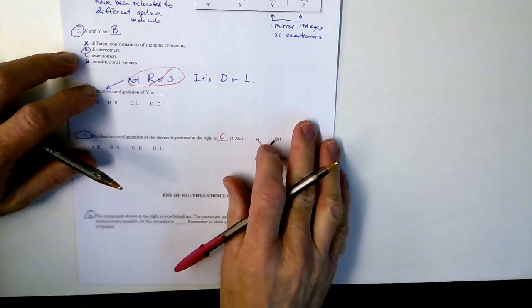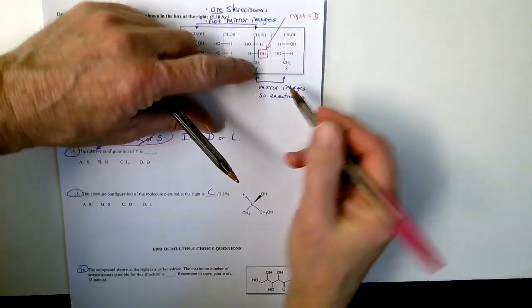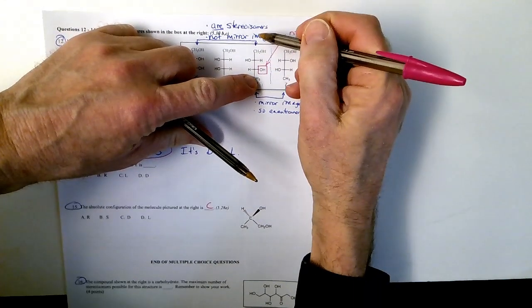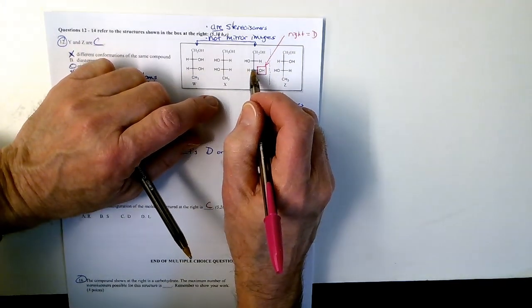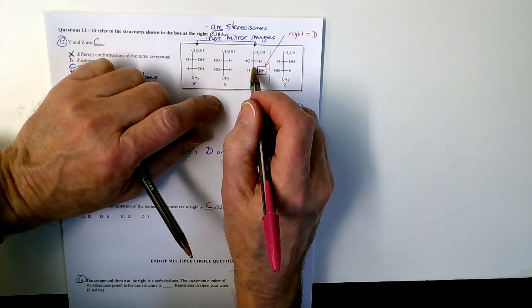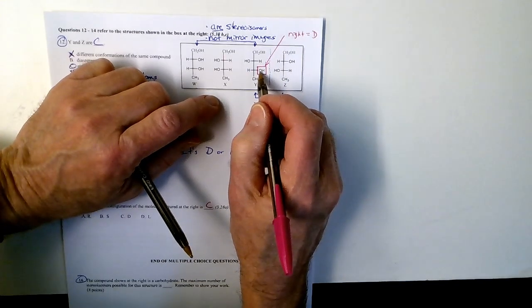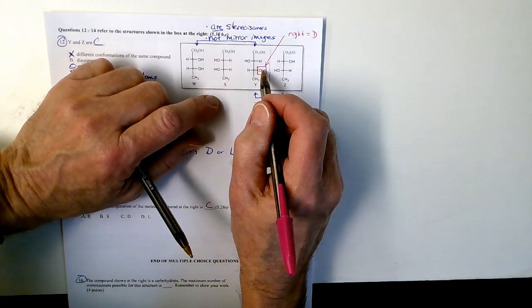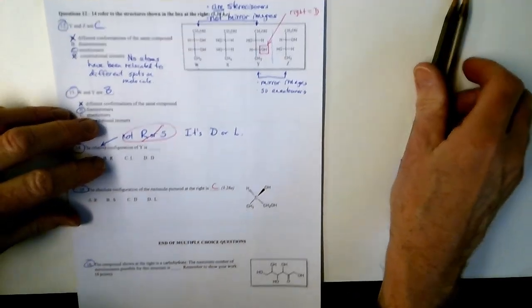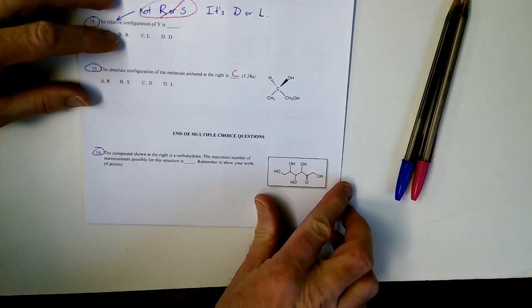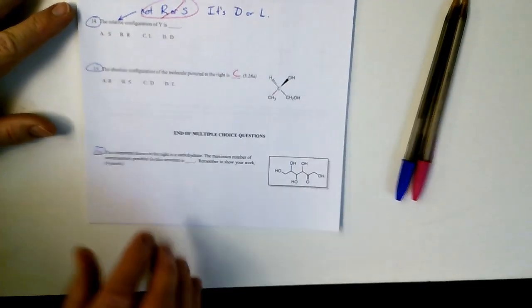For 14, why do we look at that specific OH and not the other one? That's the definition of D versus L. There can be dozens of carbons in a row. The only thing you look at is this last chiral one in the chain. As long as you look at that one and you look at the right thing, which is where the OH is, that's all the information you need. It is simpler. It's also not quite as generally useful, but it does work for some things.